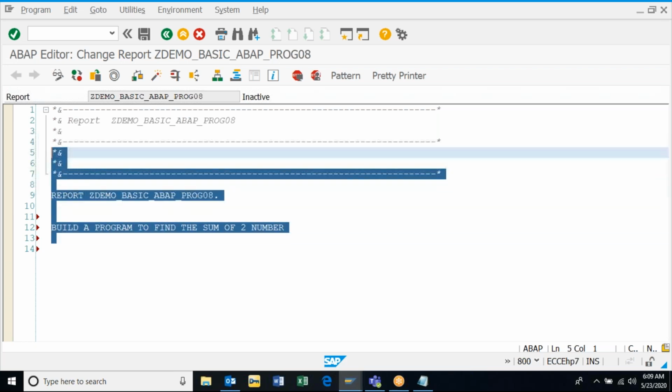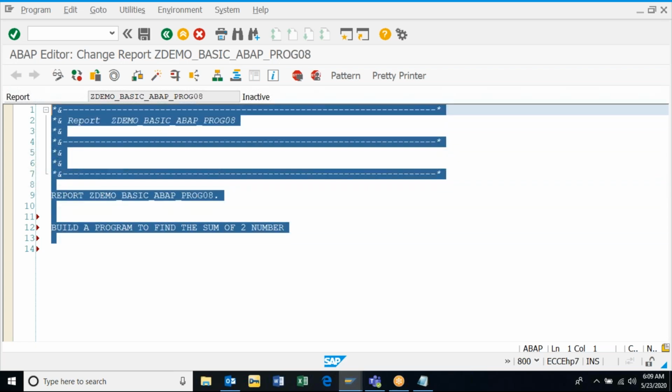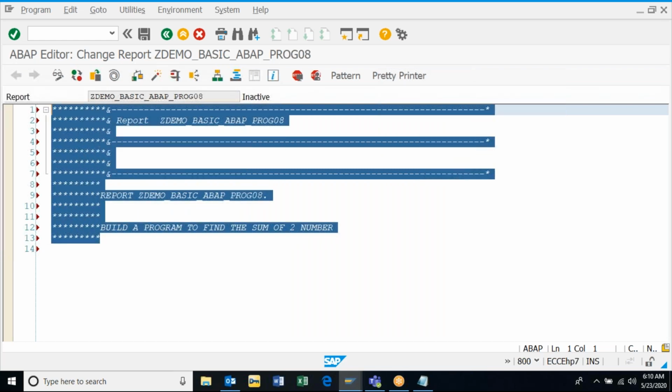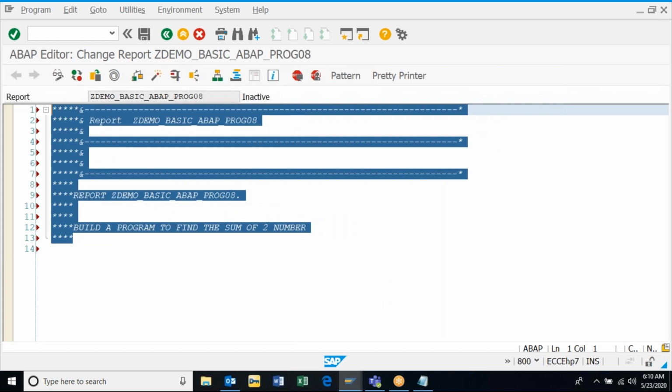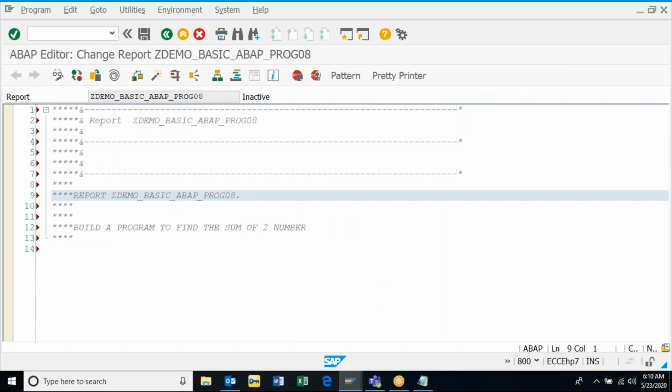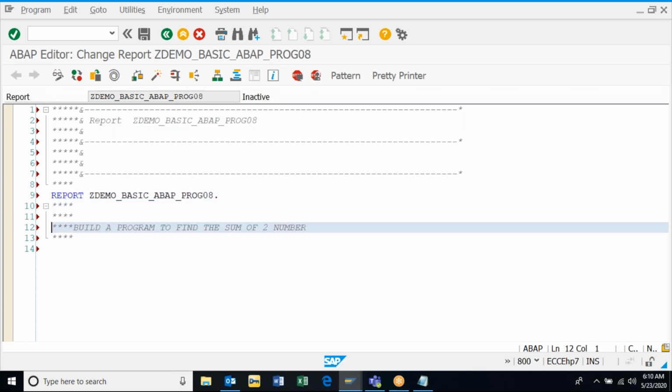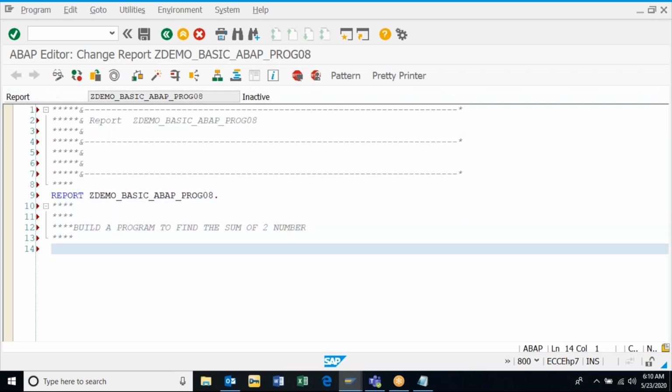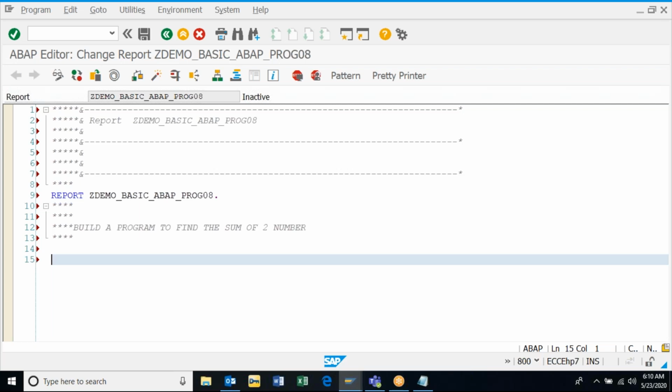Suppose I select like this, and then I say comment, Control less than. They get commented. Control greater than, they get uncommented. So you can comment and uncomment lines. It's as simple as the first character should be asterisk. So I need to build a program to find the sum of 2 numbers. I need to accept 2 numbers from the user. What I will do, I'll say